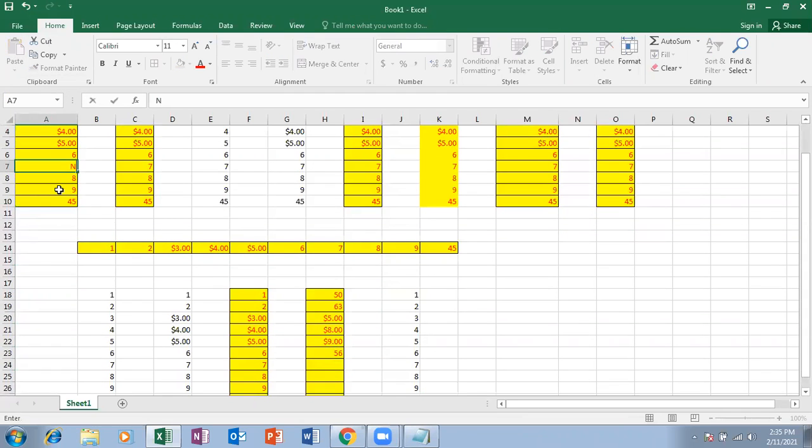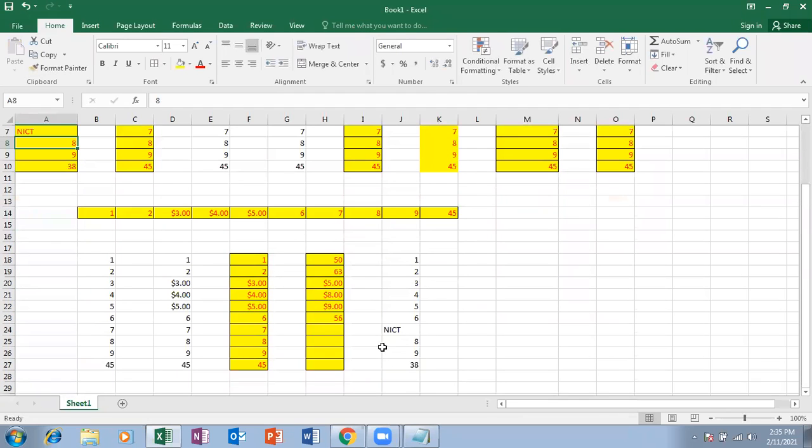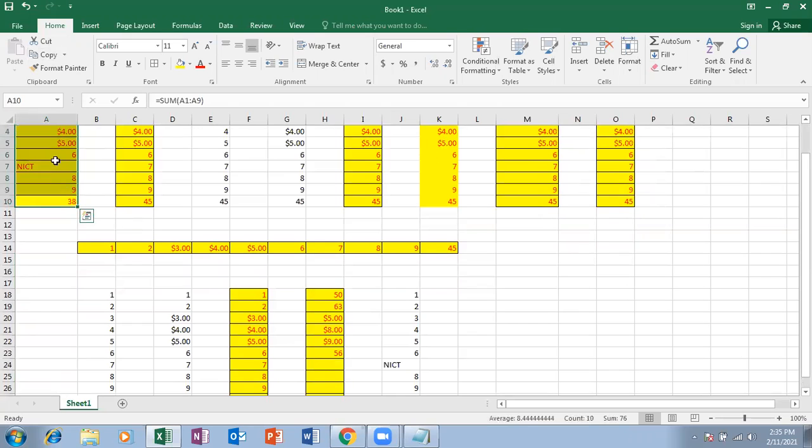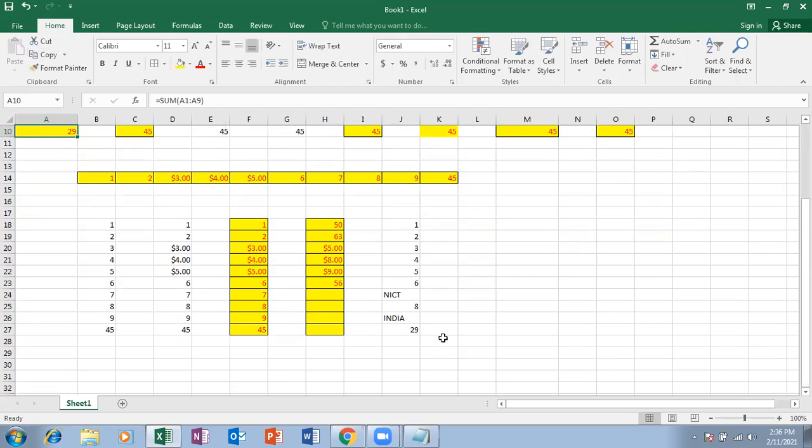Like if I make a change like NICT, it gets changed here also, because this is nothing but a link of this particular source. If I make changes here, it gets changed here also. So paste link is nothing but pasting the link of that particular content.